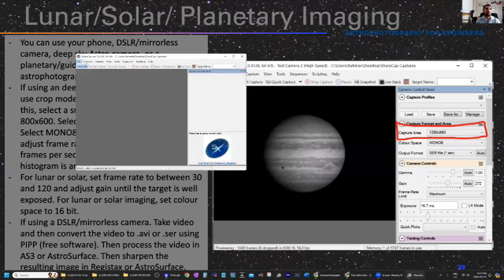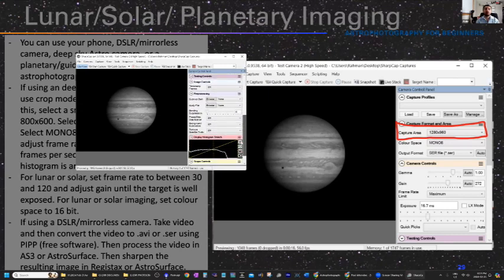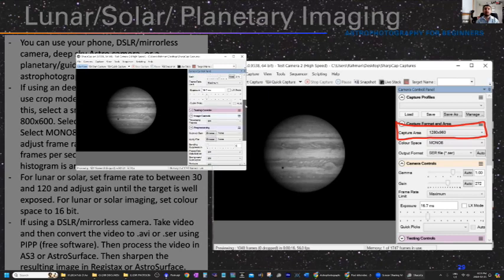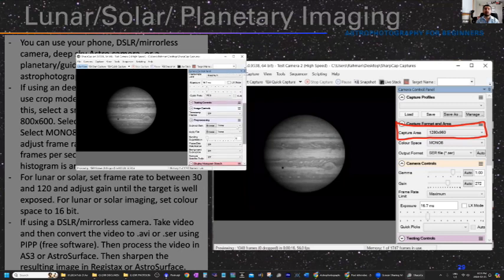There we go. So I will just select a test camera. So this is not a real image. This is just a sample. So I can select the capture area. I have this in AVI. I've selected Mono 8. Mono 8 or RGB 8, whatever the color space is going to be, that's 8-bit. You don't need 16-bit. Then I will select the frame rate. So I will select, in this case, 1/60th of a second, which is a good value.